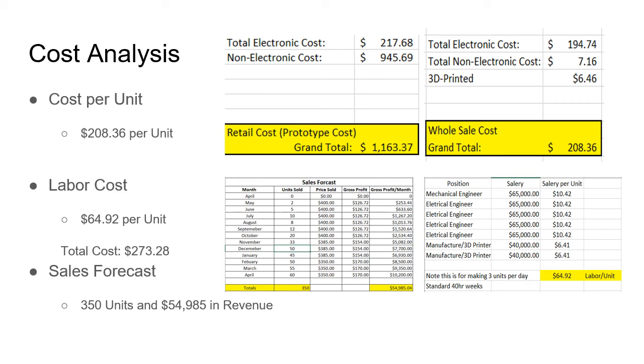without including the labor. Adding in the labor, we have 5 engineering positions, which equate to the 5 people in this project, as well as manufacturers slash 3D printing people that will be able to keep the machines moving and making sure they are working. If we reduce the salary to a per unit basis, which is a standard 40-hour work week and making 3 units per day, on average it would cost $64.92 in labor per unit, bringing it to a grand total of our cost of our unit is